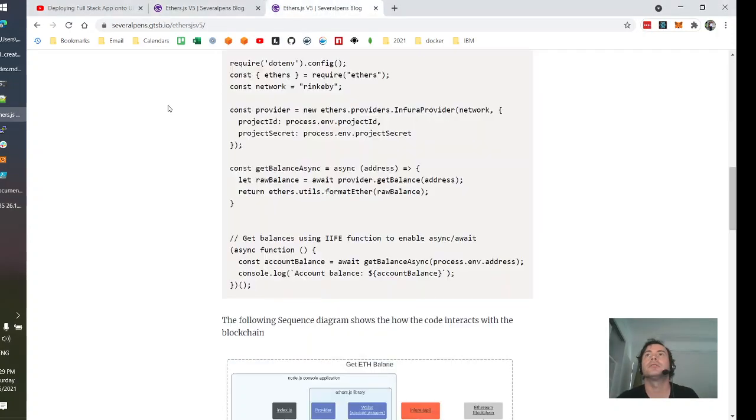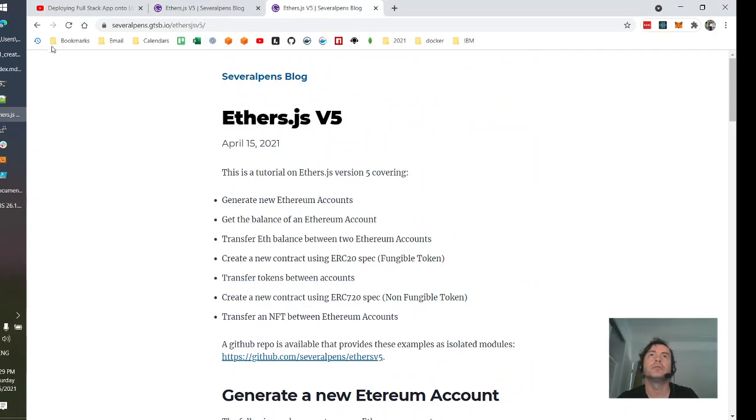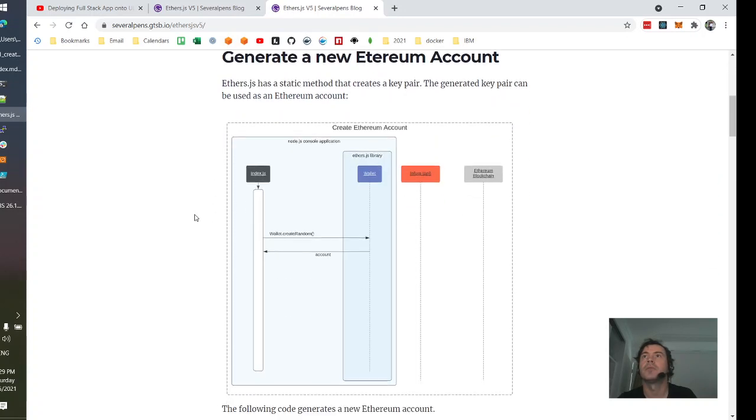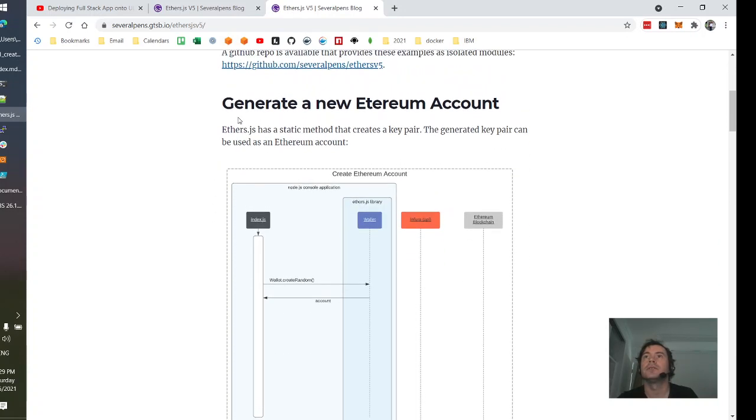So this is going to be a tutorial on Ethers.js, which is a JavaScript library that interfaces with the Ethereum blockchain. Starting off, just generating a new account. You can see here that all that happens is the Wallet class has a static method called createRandom, and it just generates a random account. So if you see that here,